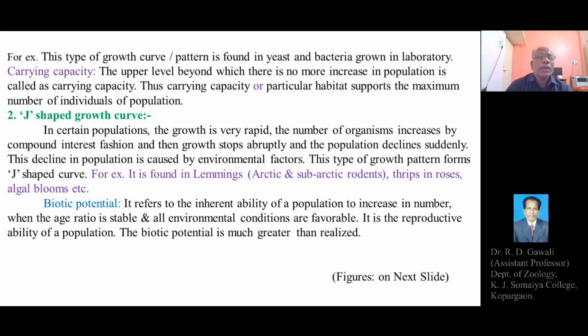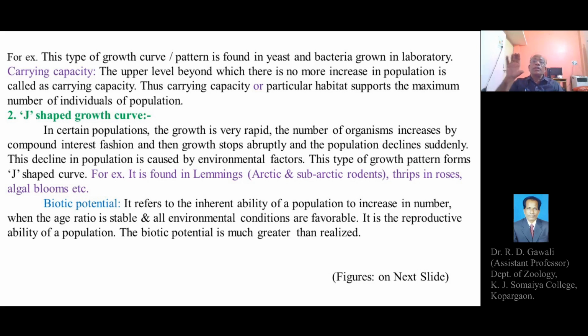Biotic potential. Carrying capacity and biotic potential are somewhat similar terms. Biotic potential refers to the inherent ability of a population to increase in number when the age ratio is stable and all environmental conditions are favorable. It is the reproductive ability of a population, and the biotic potential is much greater than realized. So biotic potential and carrying capacity are the two terms. One explains the carrying capacity of the environmental